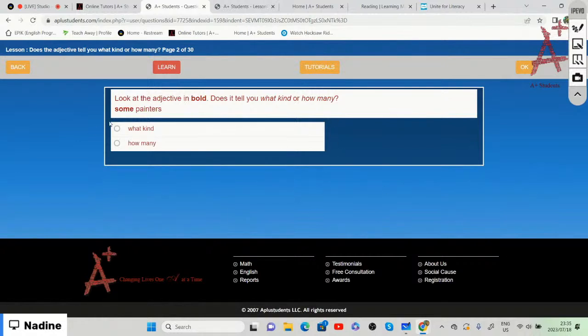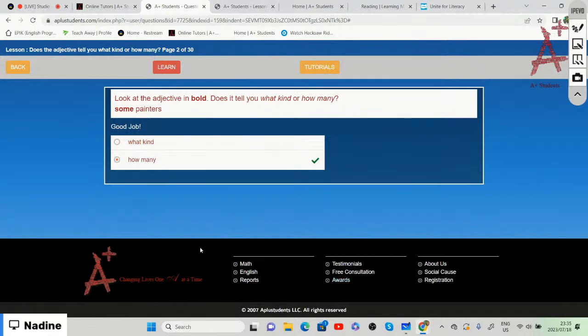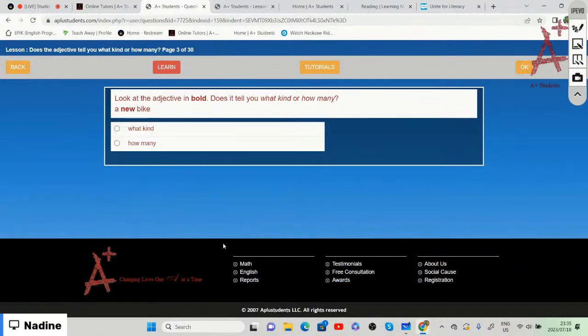Some. All right, let's choose one. Let's say some kind of painters is how many, right? So with how many painters, it doesn't necessarily have to be the number, right? If you say some, a few, even if you say many, right, or a lot, that also tells us how many, right? So that tells us how many. A new bike. So